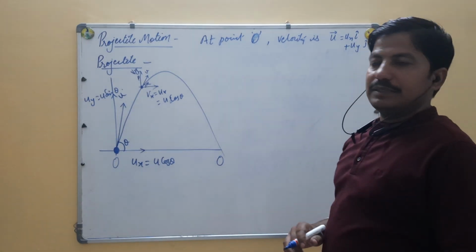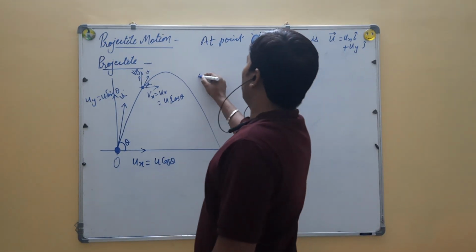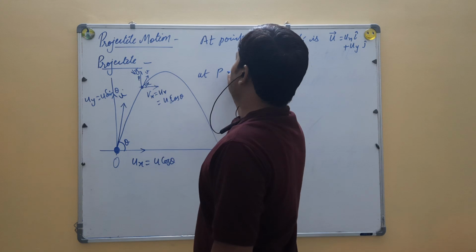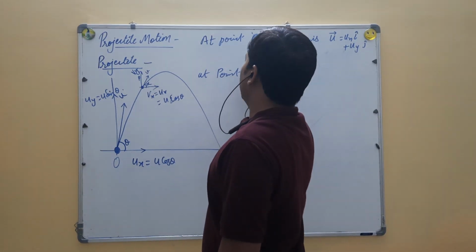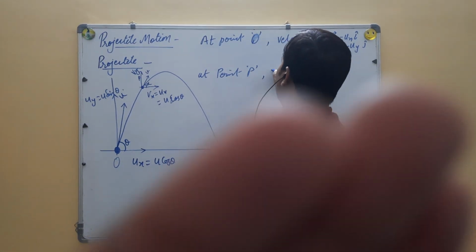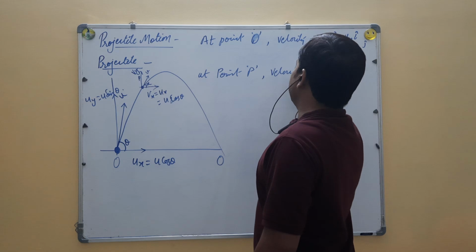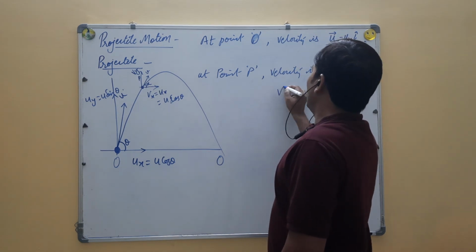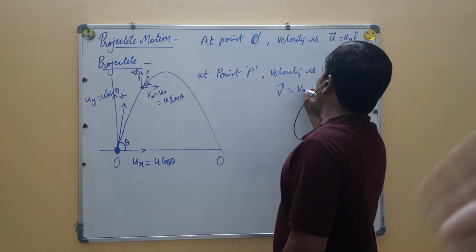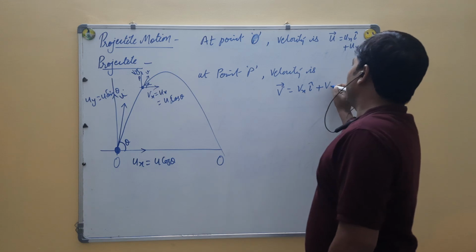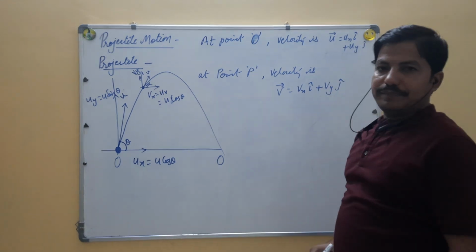It has two components. At point P, the velocity is v, which is equal to vx i cap plus vy j cap,